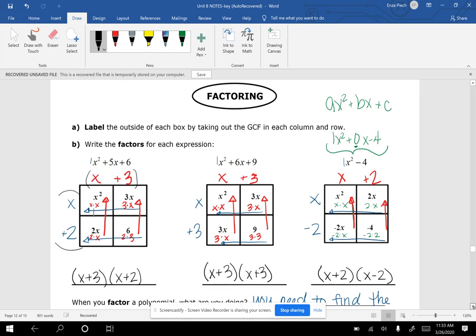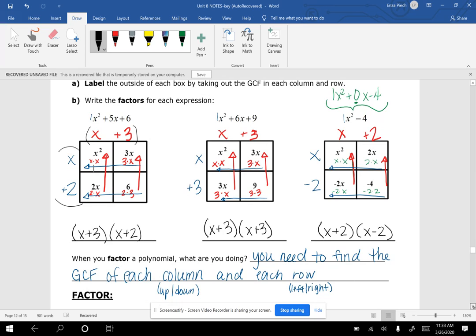So just a reminder, we need to make sure that we are factoring out the GCF from every column. And remember, columns go up and down, and every row, rows go left to right. And we're only doing that if our A value